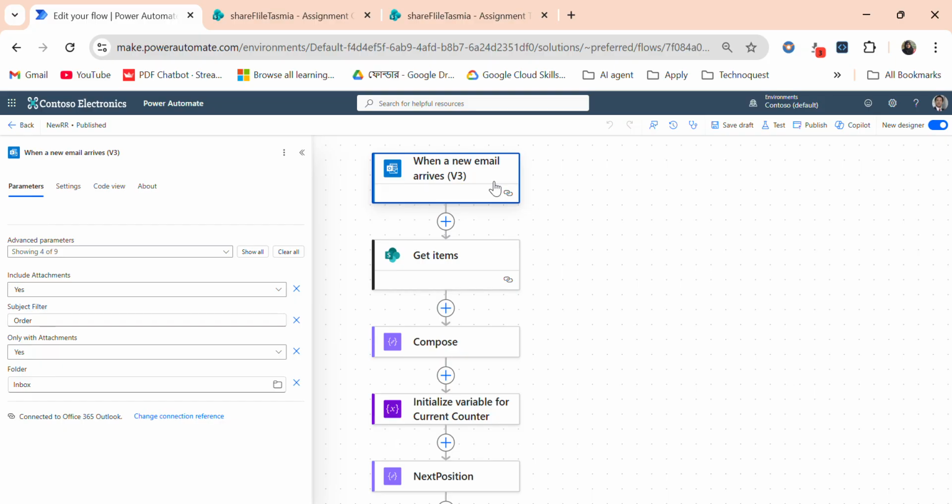So the first trigger is when a new mail arrives. Here we have added a filter, which is order. We can add multiple filters like purchase orders, work loading, or even the word loader itself. For simplicity, I have just added the word order. Based on this, we are filtering only the mails that have the word order, and we are also checking if these have attachments, and we are getting the folder, which is our main inbox. Then